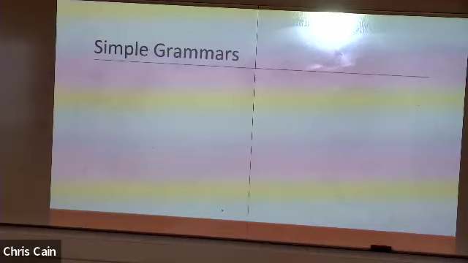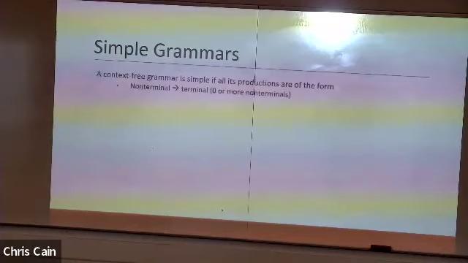All right, so we're going to start working on the problem, but to do so, we're going to need to define some additional concepts. So we're going to now differentiate a regular grammar from a simple grammar. We're going to define this concept of simple if it has productions in one of these forms. Every non-terminal goes to a terminal paired with 0 or more non-terminals. And one more rule,